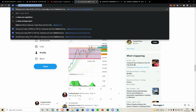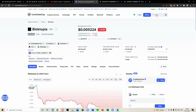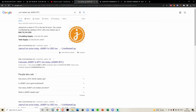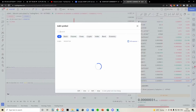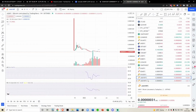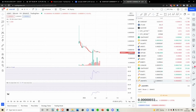So let's head over to CoinMarketCap and find JASMY BTC, and then here we go, JASMY to BTC. We'll have a greater view of the macro chart, because unfortunately on TradingView we only have this. There is no other JASMY BTC chart, or at least there's two, Bitfinex and Binance, and I've looked at both of them. Binance is pretty much the same as the other one, so removing the Binance one,